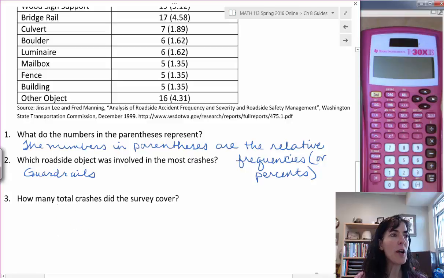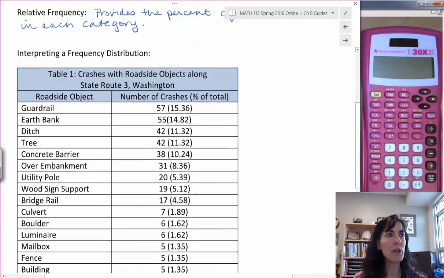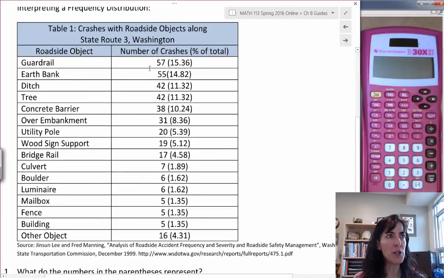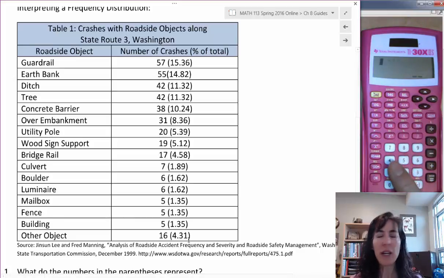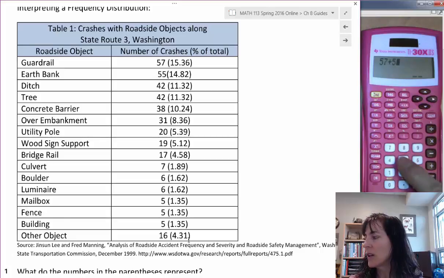How many total crashes did the survey cover? If we look back, we can see the number of crashes, and I don't see any summary up here telling me how many there were altogether, and I don't see a total down at the bottom, but I can find a total. I just need to type it in on my calculator. So 57, add up each of those items, I get